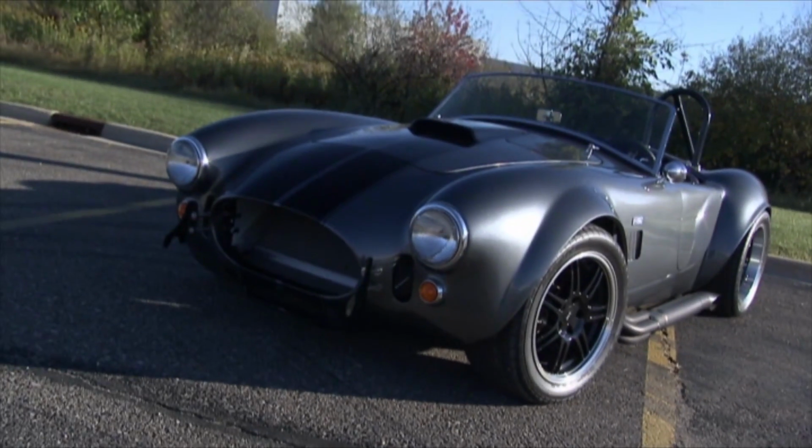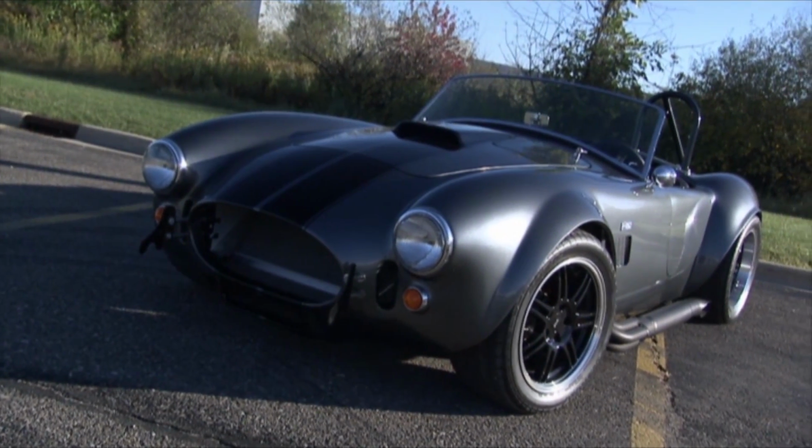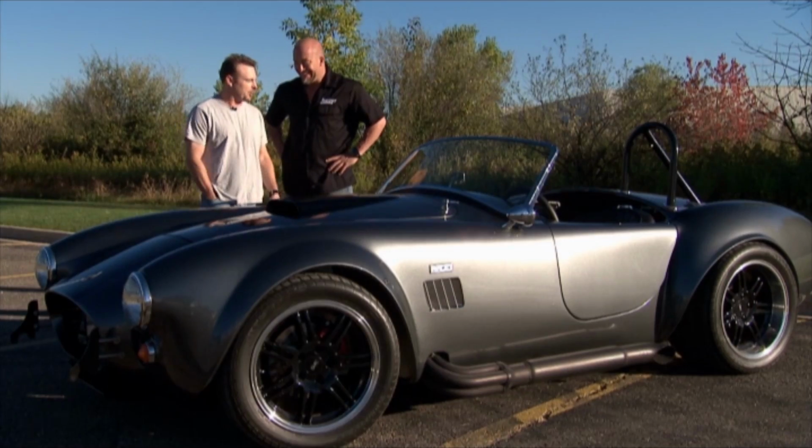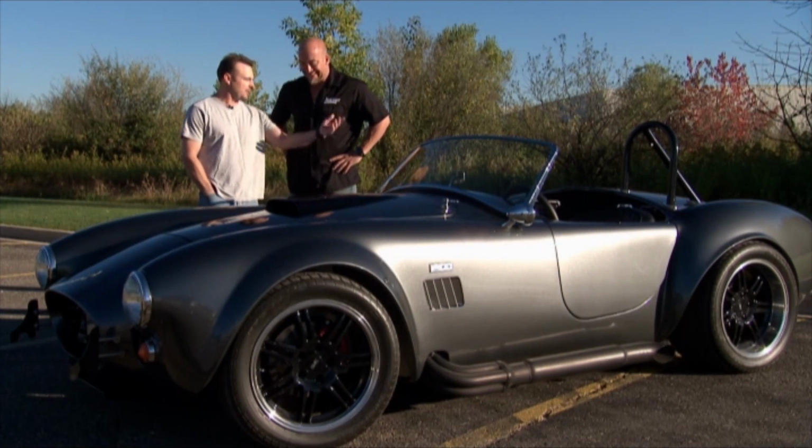Now, when you're behind the wheel of this thing, the looks, the thumbs up, what kind of reward do you get from driving a car like this? It turns everybody's heads. Everybody loves it. You can hear it coming from a half a mile away. It's a blast. It is so much fun. I wish it had 4 seats so I could take my kids and my wife with me, but...